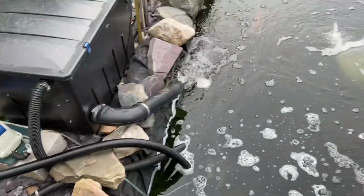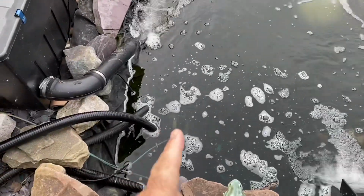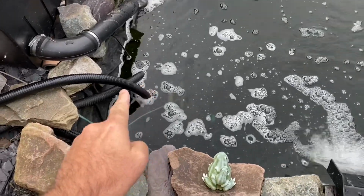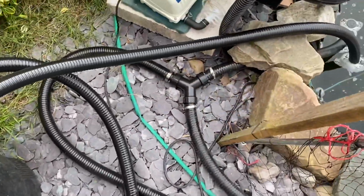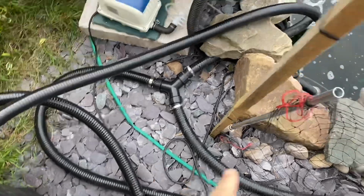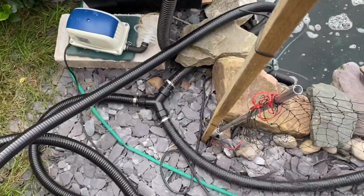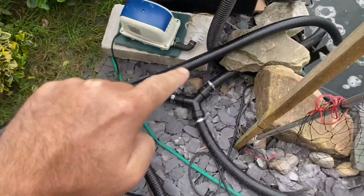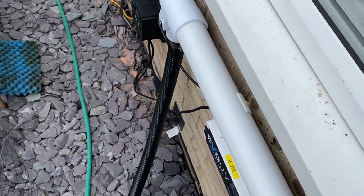So I'm now pulling 20,000 litres per hour through the retro bottom drain. The new pump is there. That pipe is the up pipe from it, and it comes into this Y, and the Y is splitting it at the minute. One arm of the Y goes to the shower, so you've got roughly 10,000 litres per hour now going through the shower, and the other Y loops round. It's going to be neatened up and comes into the UV,